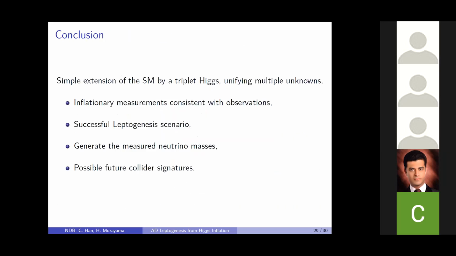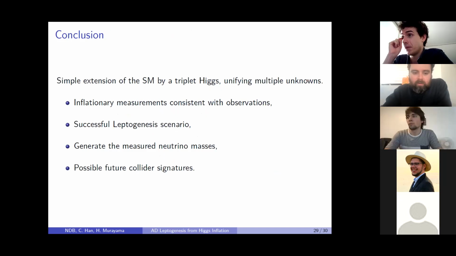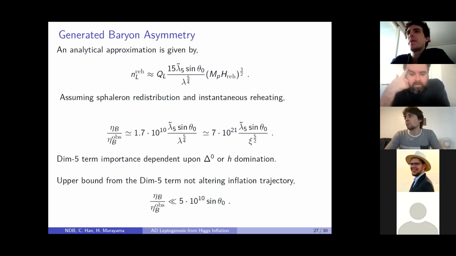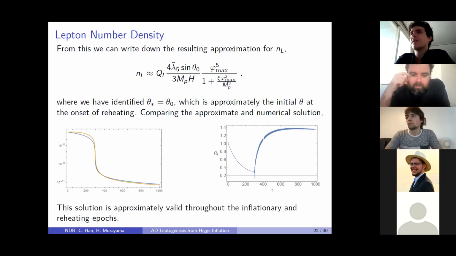Maybe I'll ask one final one. It was just a generic question. You do a numerical and an analytic approach. I think you had a plot of the ratio of the numerical solution to the analytic solution, and you get some order 1 discrepancy. I think you mentioned you're using this as an argument to proceed with the analytic calculation when exploring the parameter space. Does this discrepancy hold across the parameter space, or did you check it first?